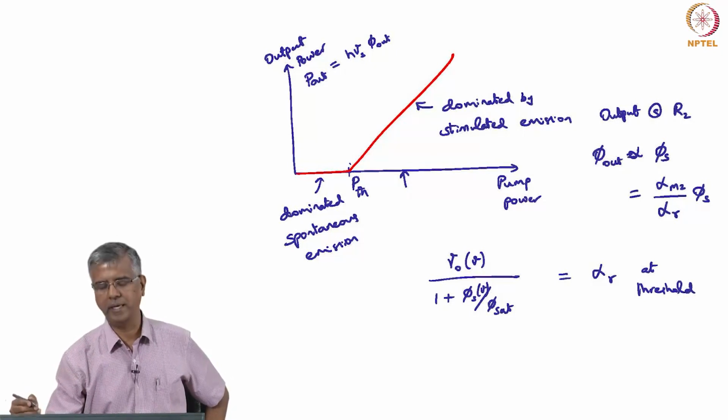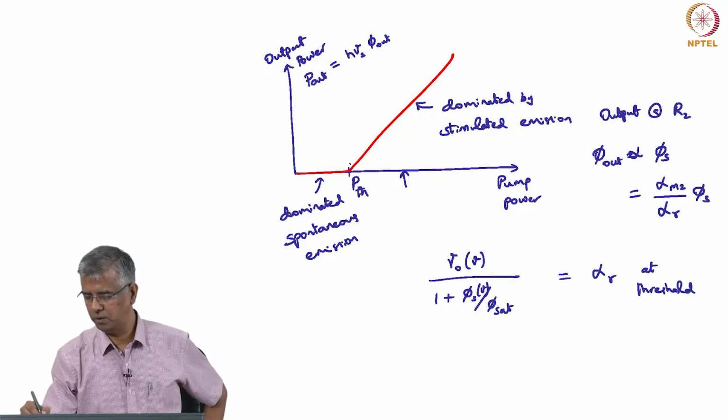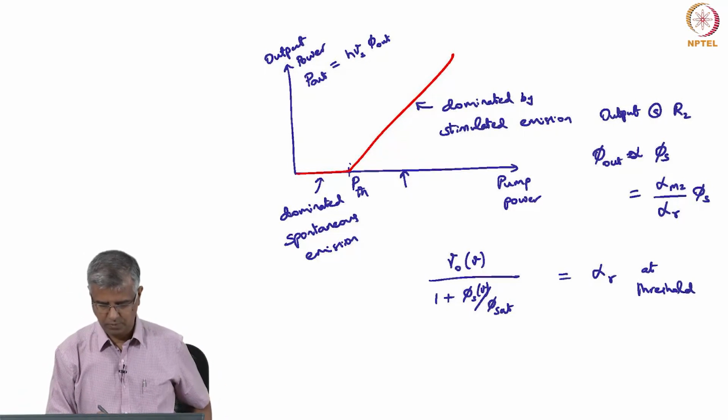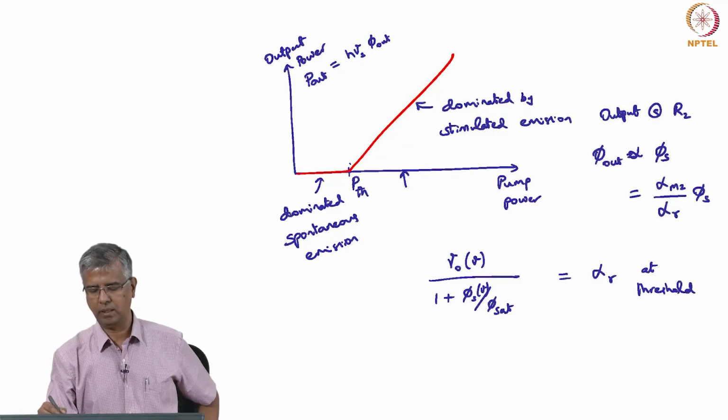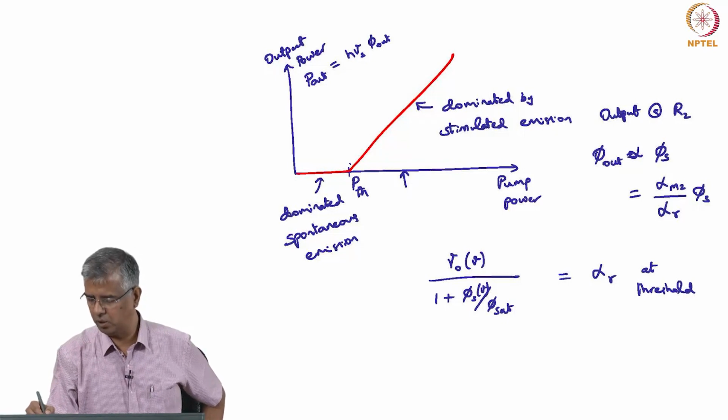So, if you are taking output at R2, so what is R2? If I just go back and look at this picture, this R2, this mirror, which we would normally call the output coupler,